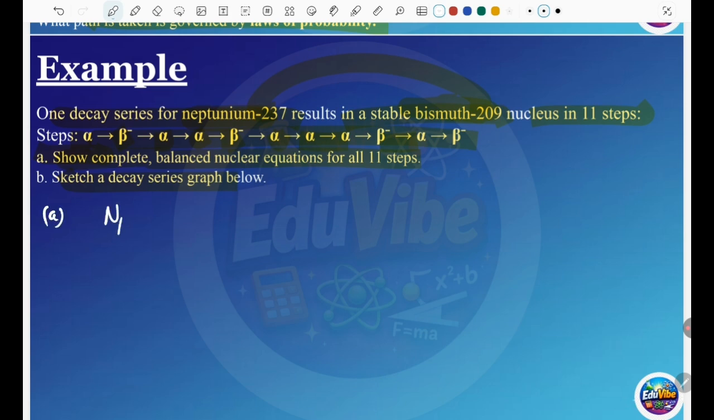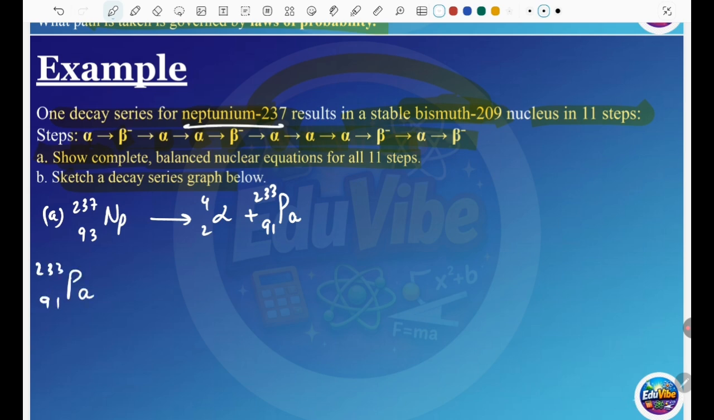For the first step from Np, which is Neptunium-237, with atomic number 93, you will get an alpha particle, He-4 with 2, plus Pa-233, which is 237 minus 4 and 93 minus 2. Then we have another step. Pa goes on over there. So Pa, which is 233, now 91. Now it goes beta negative. So according to that, we have this, plus we have a